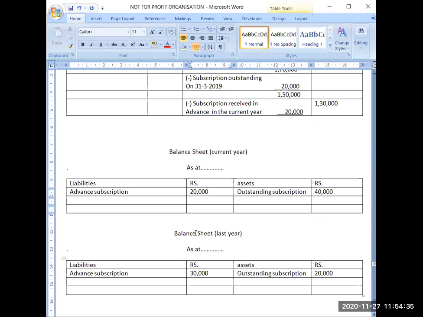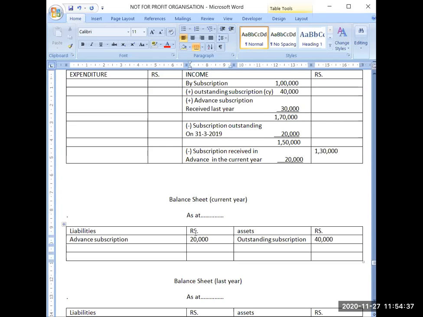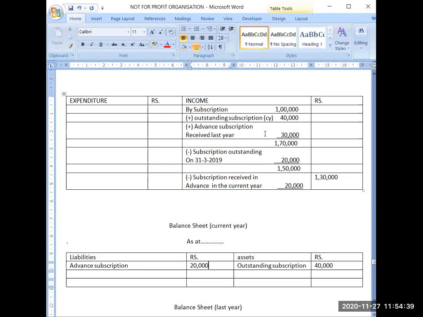So first thing is that whatever is the amount outstanding for last year, what type of balance it will be having,